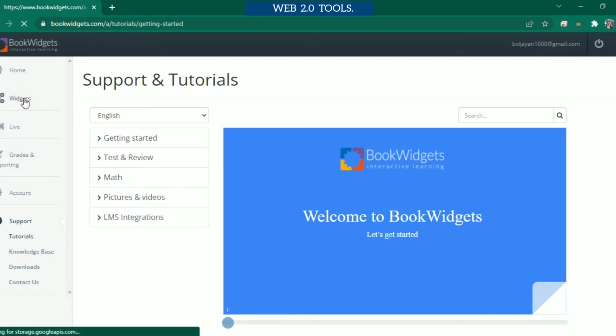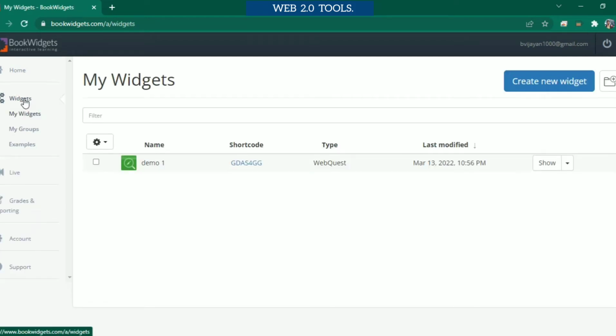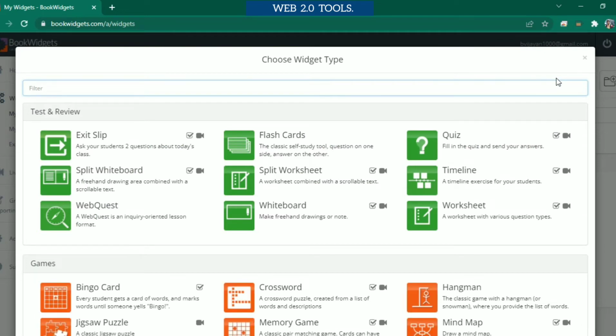Let's create a new widget. So we have to click on create new widget, that is we are going to create a web quest. There are different types of activities present in this website, for example quiz, timeline, worksheet, flashcards, and also in